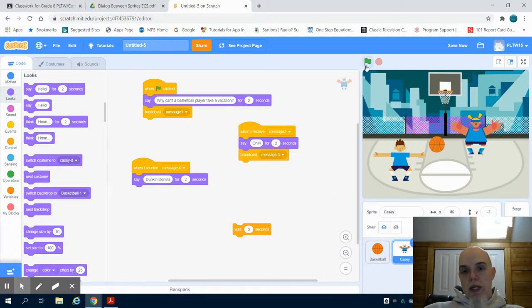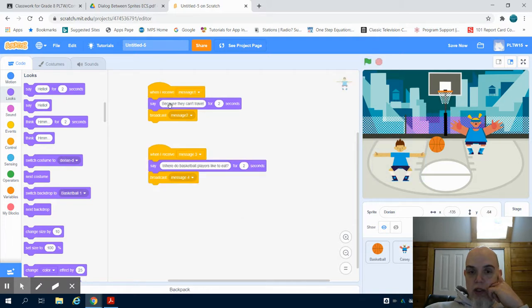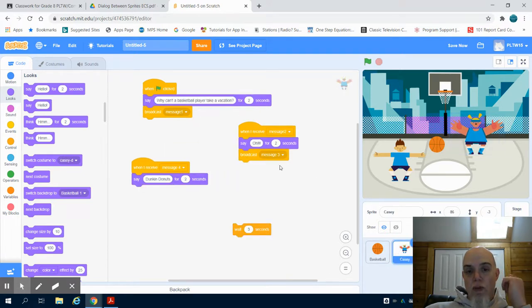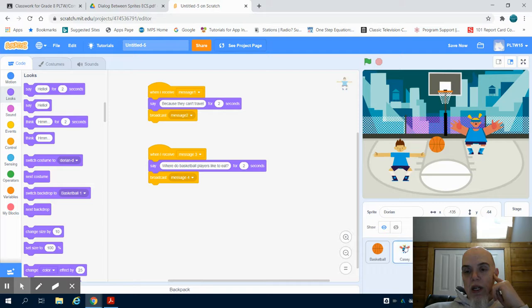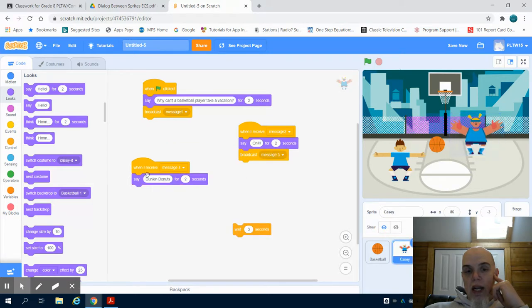So now when we hit that green flag, we're going to see this program runs, and we don't have to worry about wait commands because what's happening is we're broadcasting message 1. After broadcasting, player 2 receives that and says this. After it's received, it broadcasts a new message, which is picked up over here. When that's received, they say, oh, they send message 3 back. When message 3 is received, they come back, which triggers